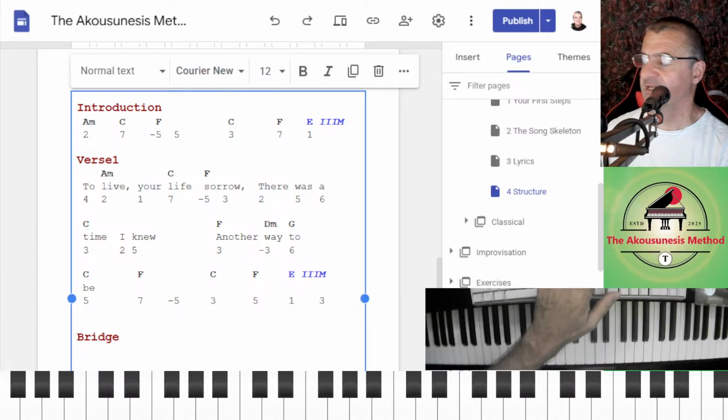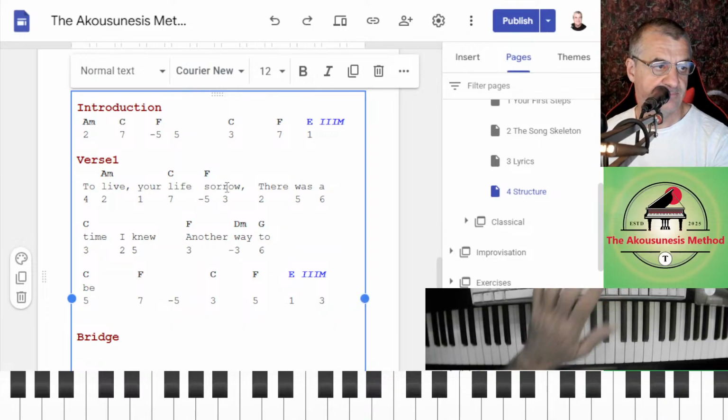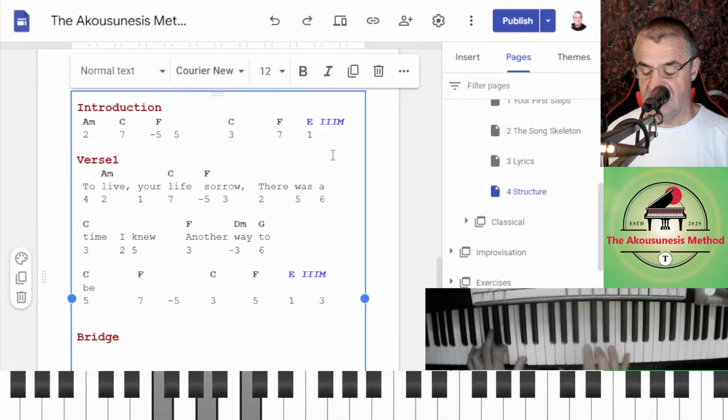Let's just move all this over to give us a bit of room. So we're on F. There was a, and when you're working this out and you're singing to it, it's good practice for your vocals, to get your head used to that melody and build the muscle memory.